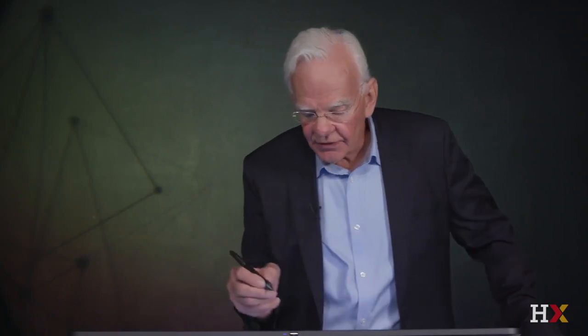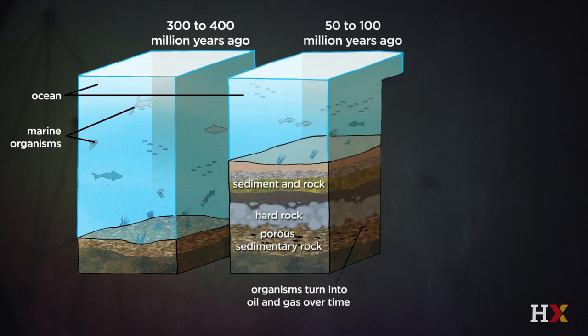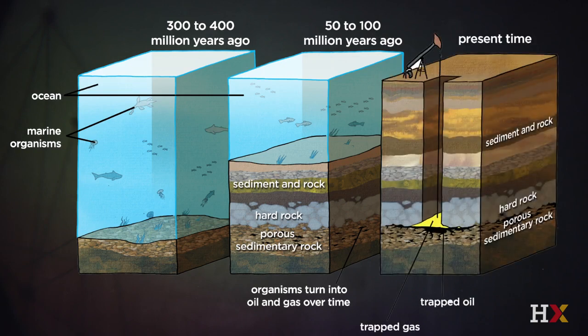Well, what happened was, hundreds of millions of years ago, as the biological engine of the ocean began to develop and these living organisms in the ocean evolved, they also constantly deposited organic material on the floor of the ocean. This was incorporated into the sand and the clay, and over tens to hundreds of millions of years, this built up in sedimentary rock. And the increasing pressure and temperature created the natural gas and the petroleum that we know today.